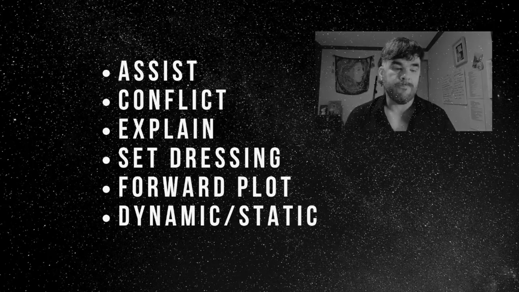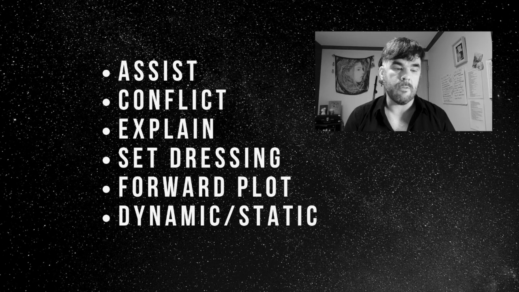So even if it's a side player or someone making kind of a cameo, it's good to have, at least in your head, some backstories about them, or different things that help flesh them out. So when you're making these kind of tertiary characters, these are some things you should think about. The first thing is, are they an assist? What I mean by that is, are they there to help the protagonist? If they are, you need to figure out how, and you need to keep that in mind when you're developing